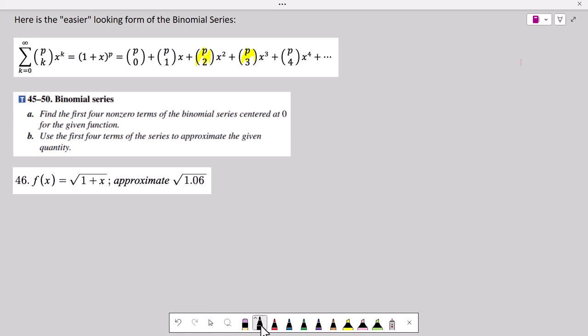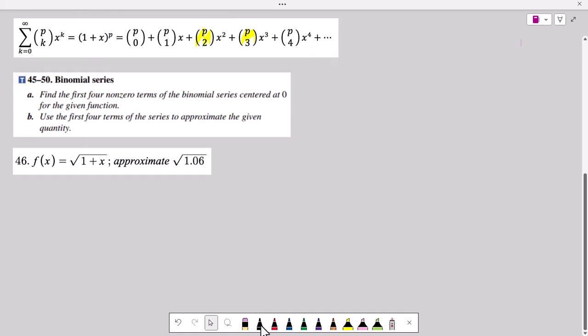We want the binomial series for 1 plus x to the 1/2. Our binomials, we'd like to get them in the form 1 plus x to a power. So this is going to be p, which is 1/2, choose 0, plus p choose 1 times x, plus